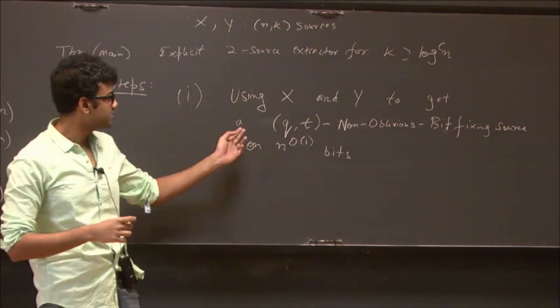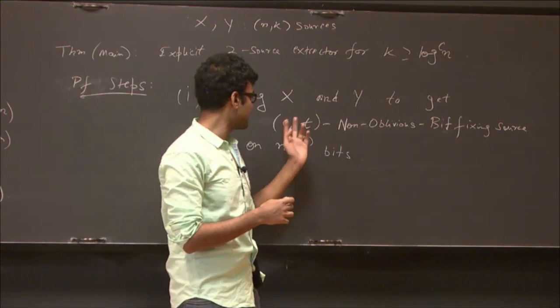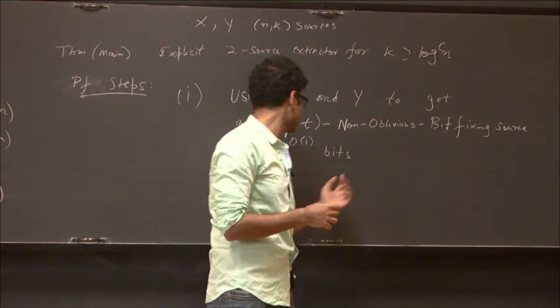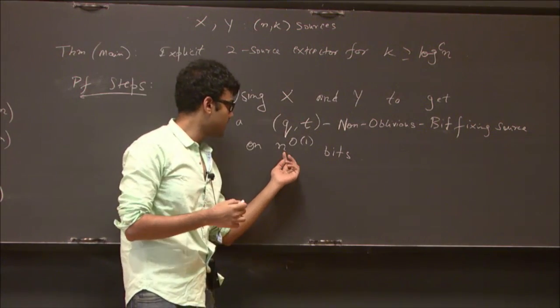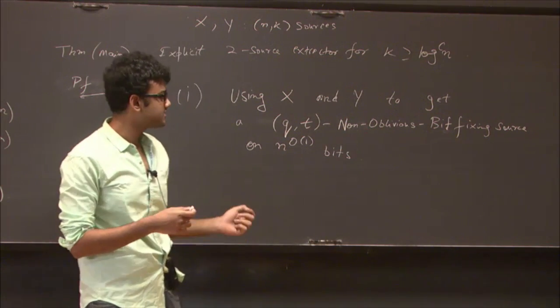So our first step is using the two independent sources X and Y to get a non-oblivious (q, t) bit fixing source on a polynomial number of bits, and I'll get into what this is. So this is, so